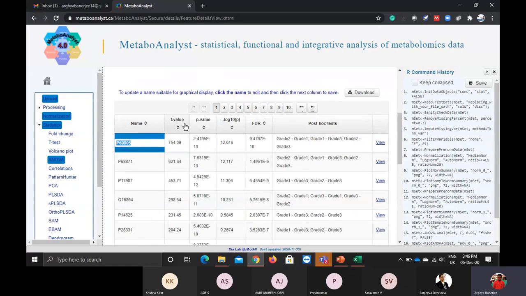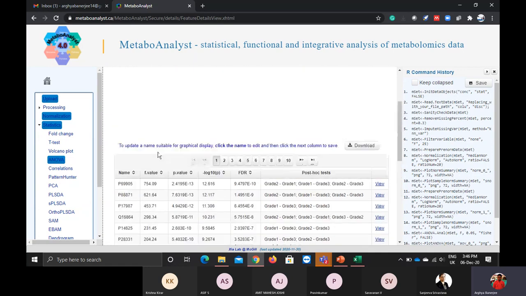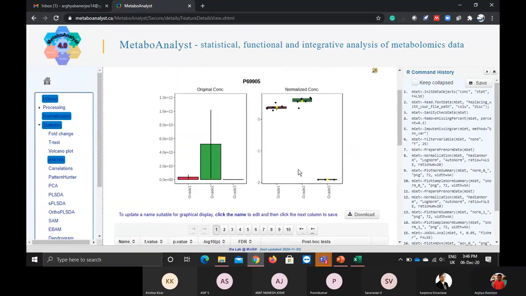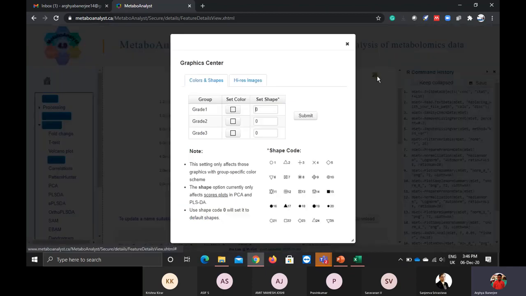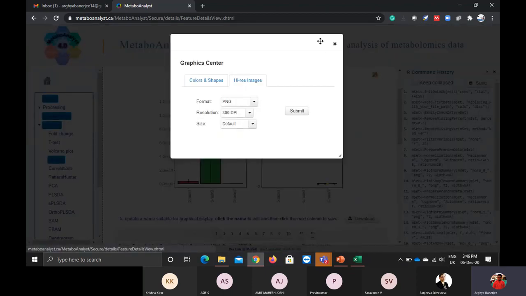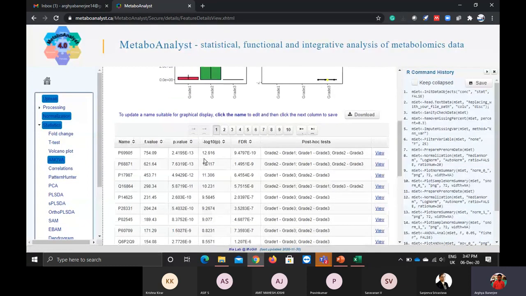The ANOVA is done on the basis of F value, P value, and the minus log 10 values. So these are the features. If I click on view, I will get the features. This is my original concentration, this is my non-normalized. Similarly, you can download this in high resolution, whichever is significant.